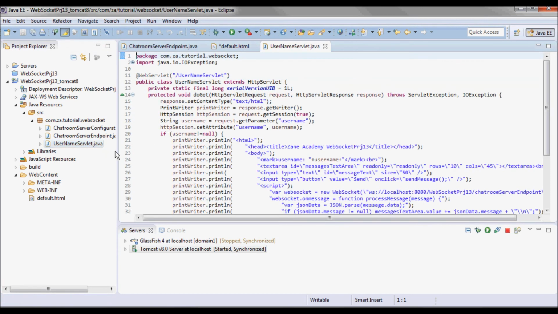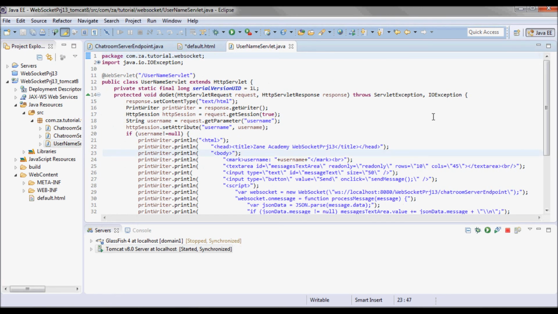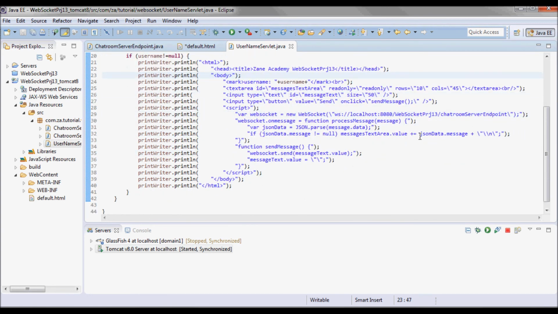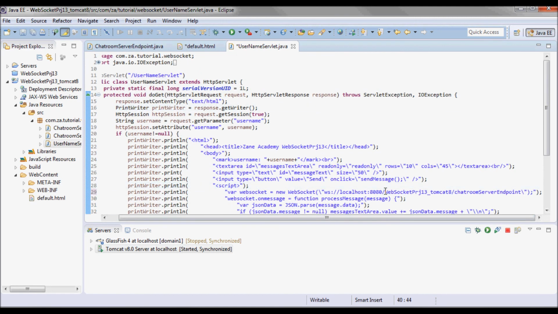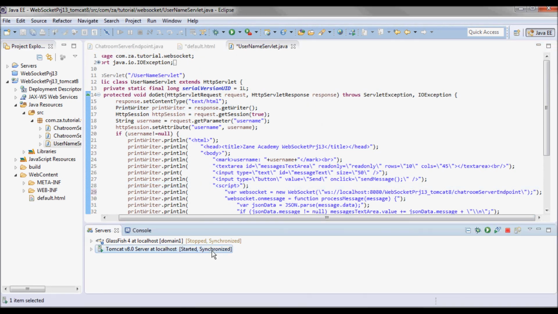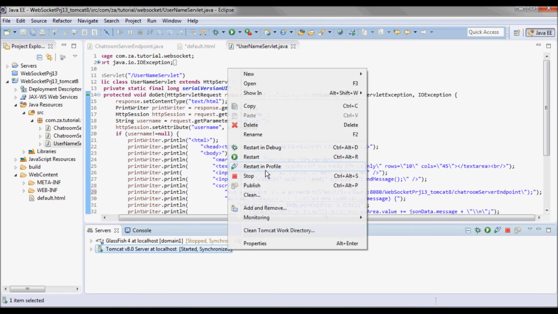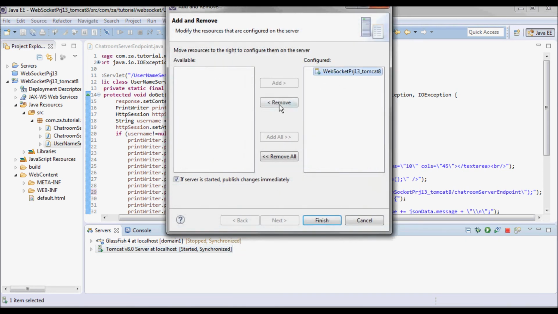So we can go to the servlet also, to add this. And now let me go ahead and, let's see, to add and remove.